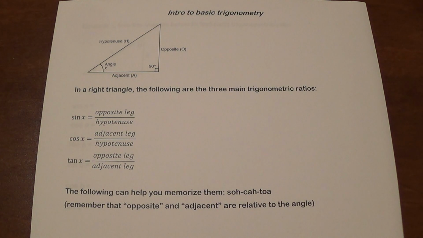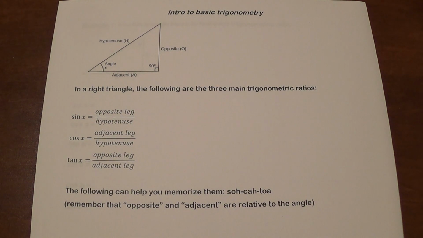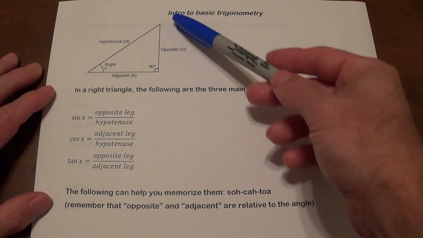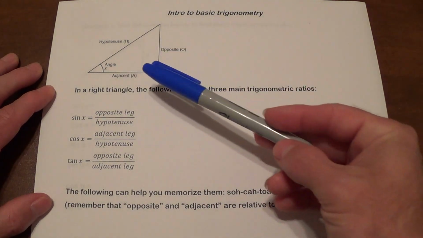Hi, we are going to talk about basic trigonometry. This is just an introduction. So what we need to know is that when we have a right triangle, in the right triangle you have